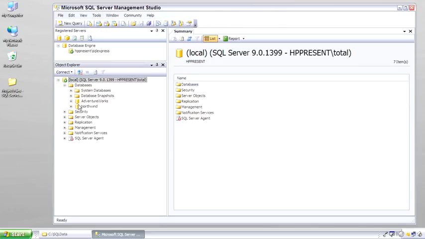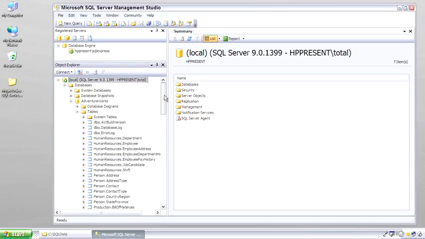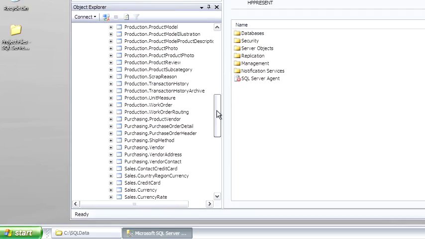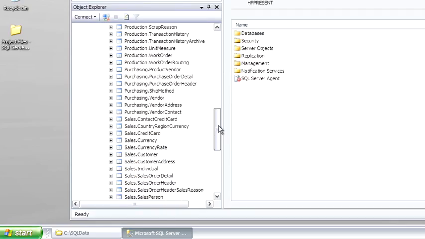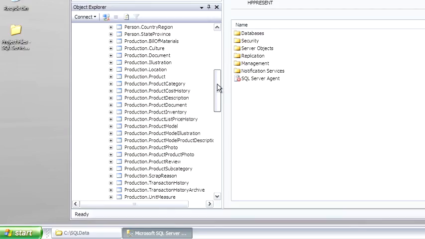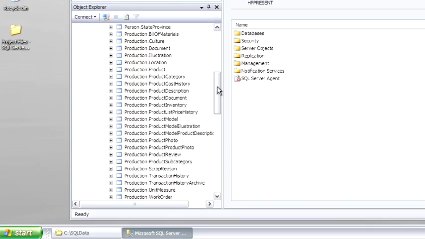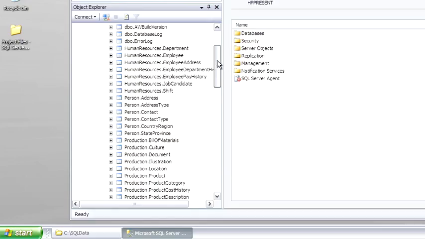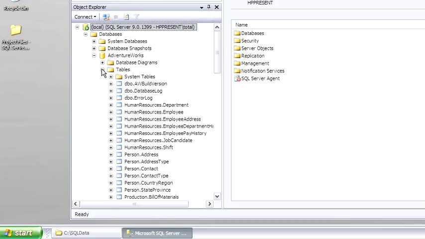Opening the databases, AdventureWorks tables. You notice that there's several tables here. Each one is categorized by a different schema. Here's human resources schema, the person schema, production schema. The problem with AdventureWorks is that it is highly normalized, almost over-normalized in some opinions. The benefit of AdventureWorks is that there's lots of data, so it's good for testing larger processes and indexes and